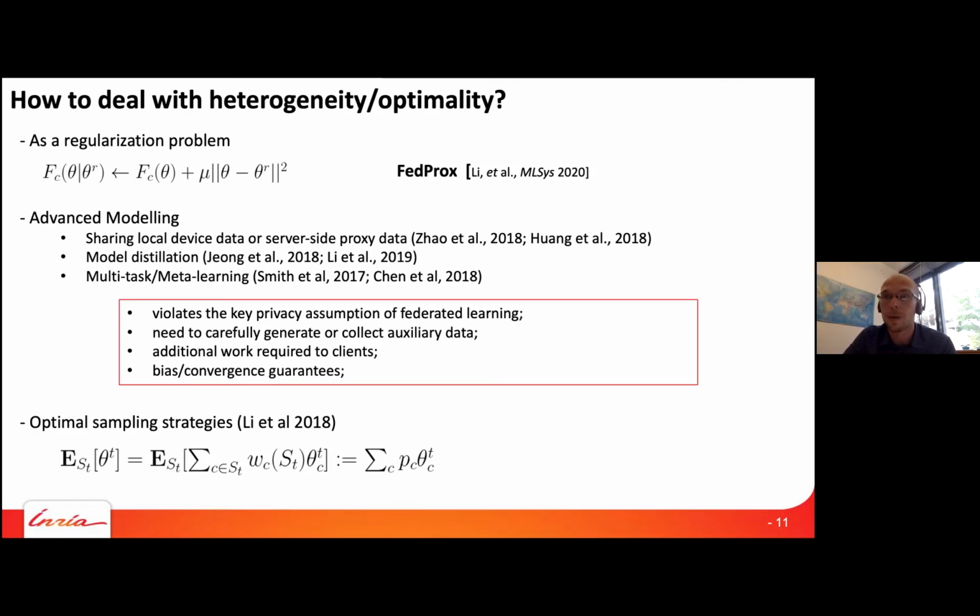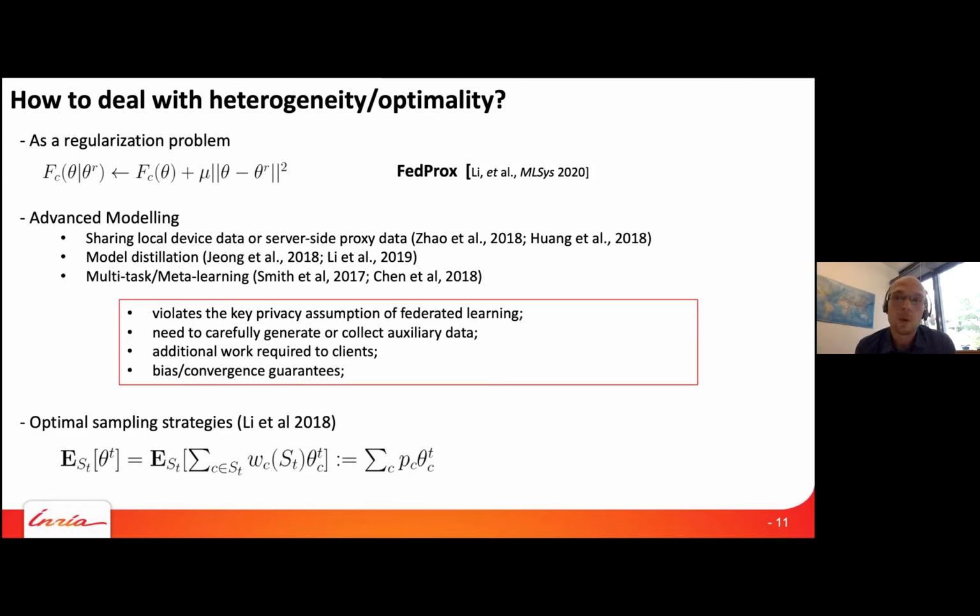And it's very slow again, because the convergence is even slower in this case. Then there are a lot of approaches that have been proposed recently, and I see more and more that they come with a machine learning solution, like making some assumption about the availability of some shared data or public data, or of the client that they can synthesize some data or share part of their data, or we can use all this model distillation, meta learning, multitask, and so on to find actually this joint model that accounts for all the differences. So this is a quite active field of research.